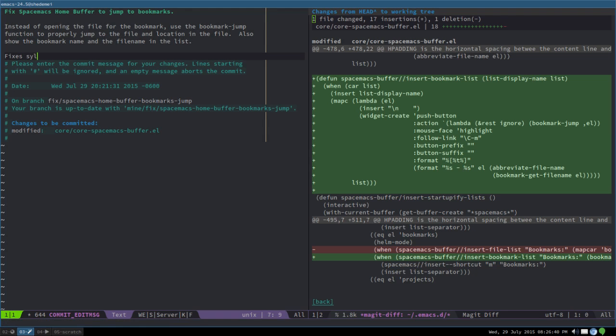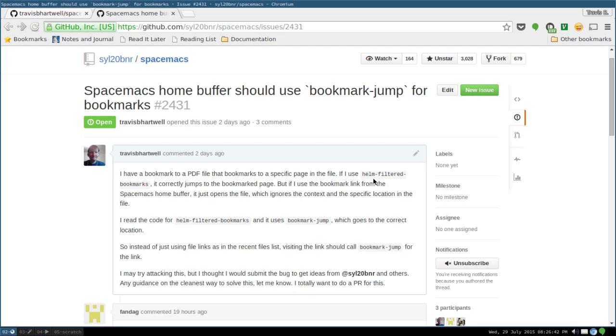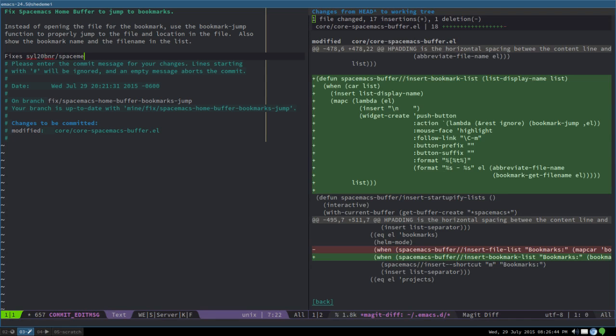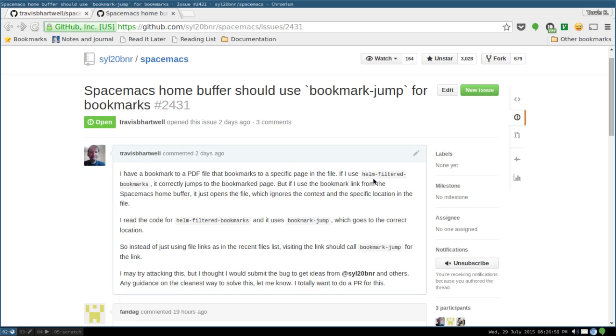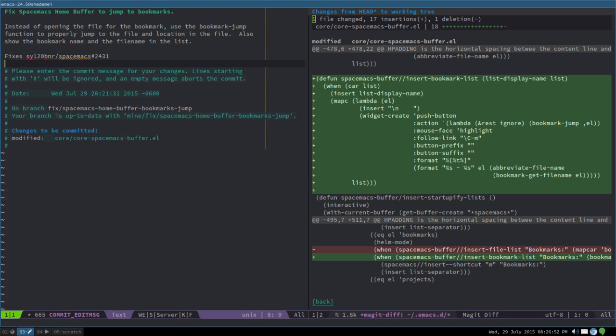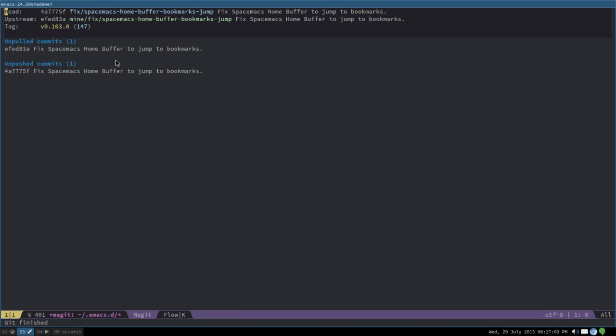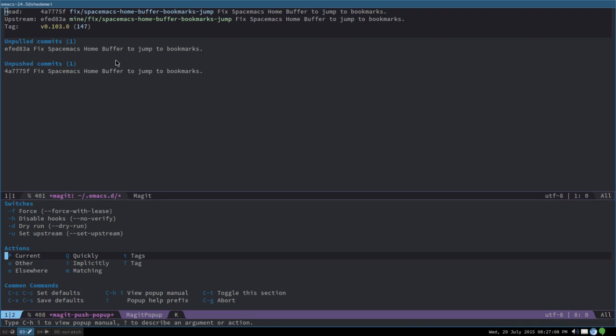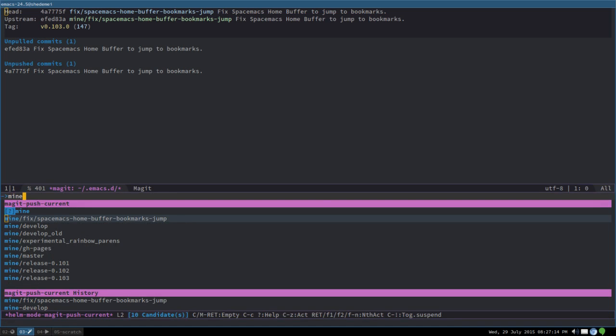Fixes, and I believe the syntax is number 2431. So the owner/repository and the number. So let's do that, and then we'll do push again. This time we'll do force because we want to change the existing commit. Undo current, do mine,